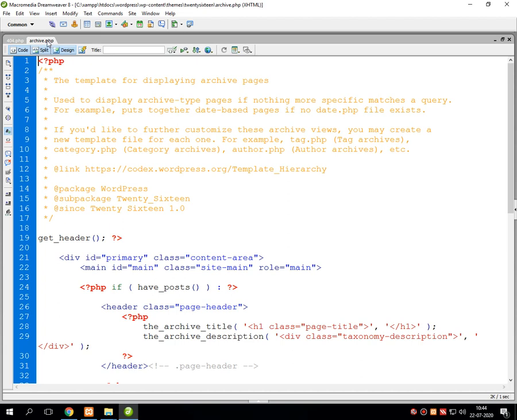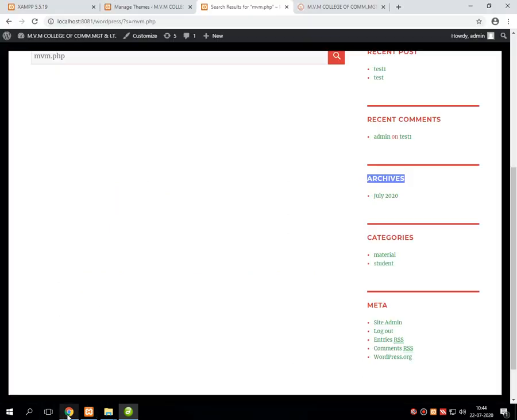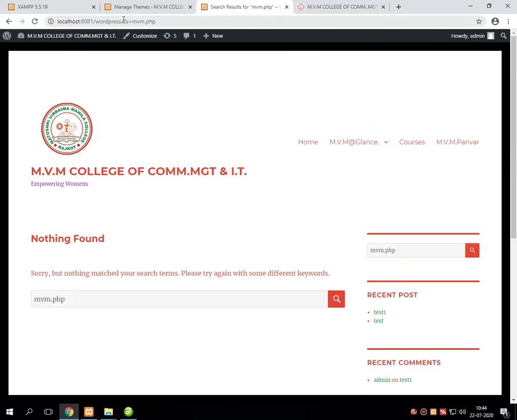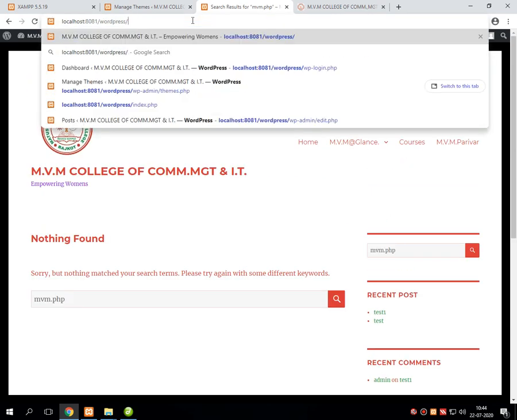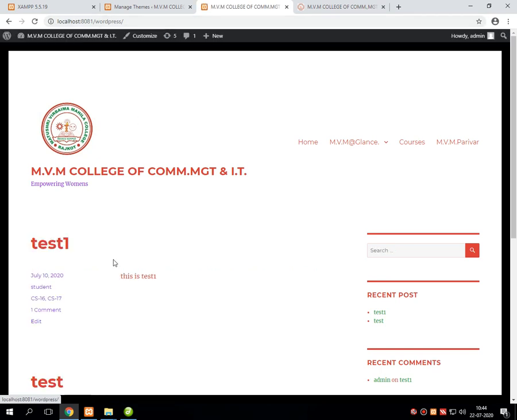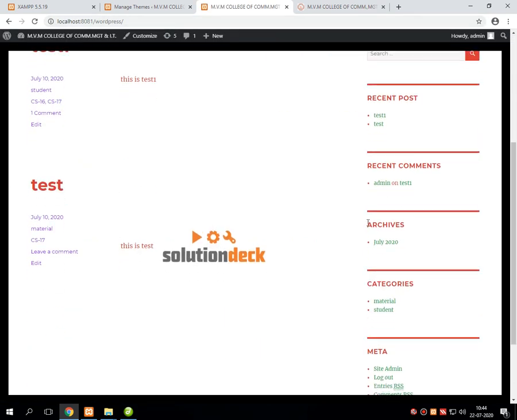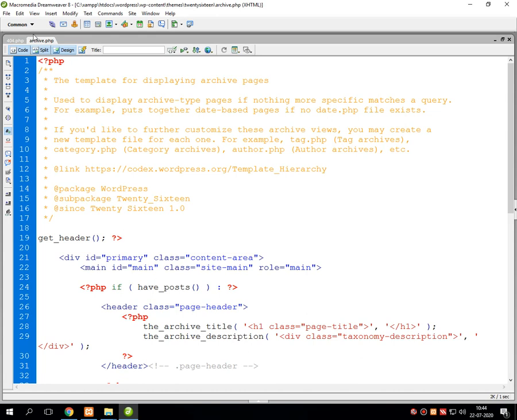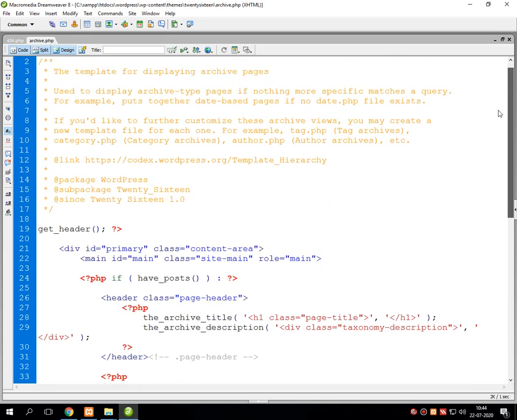Again I am repeating my words. Whenever you execute your theme, whenever you get the output onto the screen, over there is an option called archives which displays some months and years on the screen. That month and year is the month and year of a created post. So that could be displayed using the file called archive.php. So we will get knowledge of this particular file now.